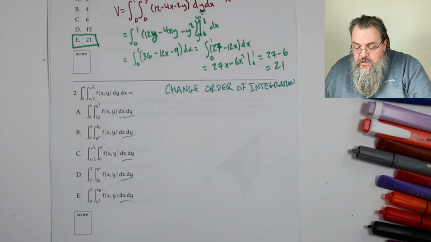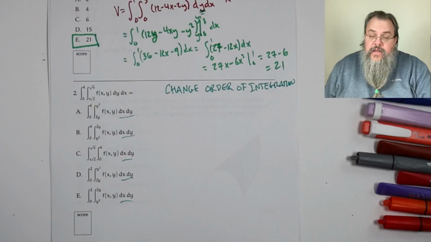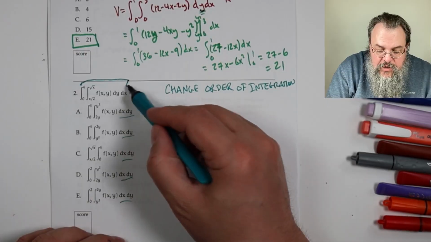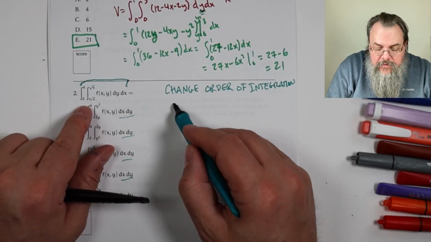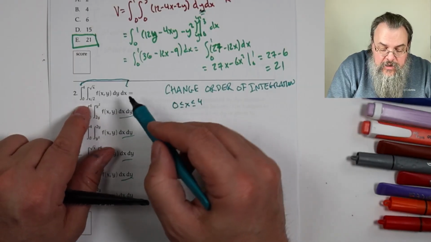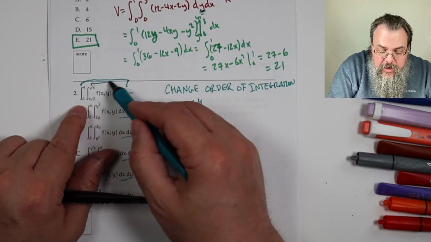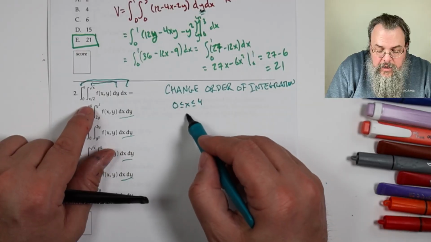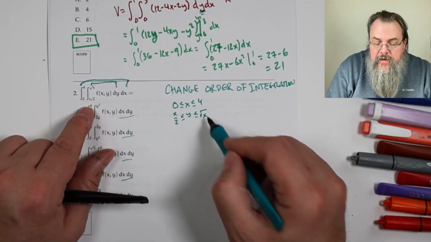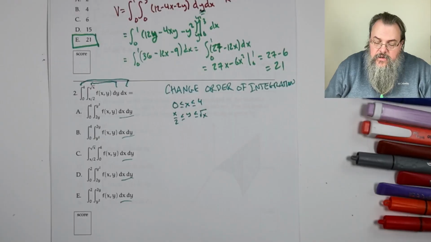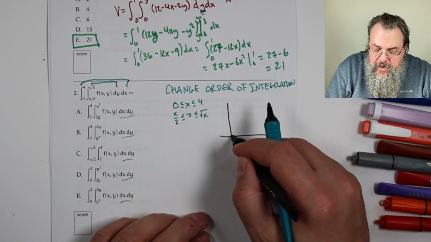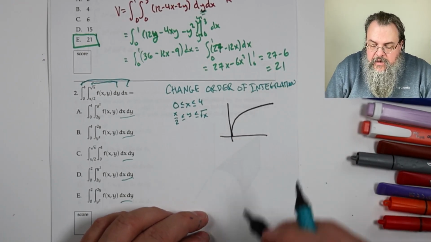Now, how do we do it? Well, for me, the easiest way is to say, let's get a picture. And so we say, currently, the bounds are describing a region. So we have x goes 0 to 4. Right, that's our outer layer. Our inner layer says y goes from x over 2 up to square root of x. And so we draw a quick picture here. We have square root of x. So there's square root of x. We have